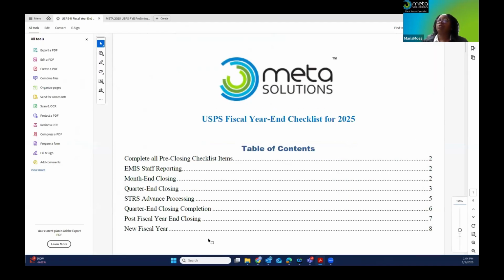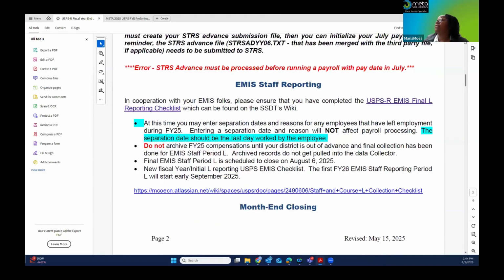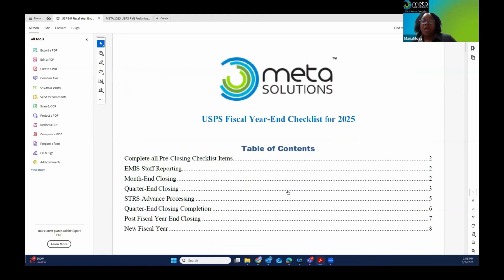And what's neat is we started doing this within the last year: our table of contents is interactive, where you can just simply click where you want to go and it'll take you right there. I think that's a neat feature within our checklist because we never get interrupted during our normal work days where we may need to stop and then try to figure out where we go. And you don't have to scroll anymore. You can just point and click.